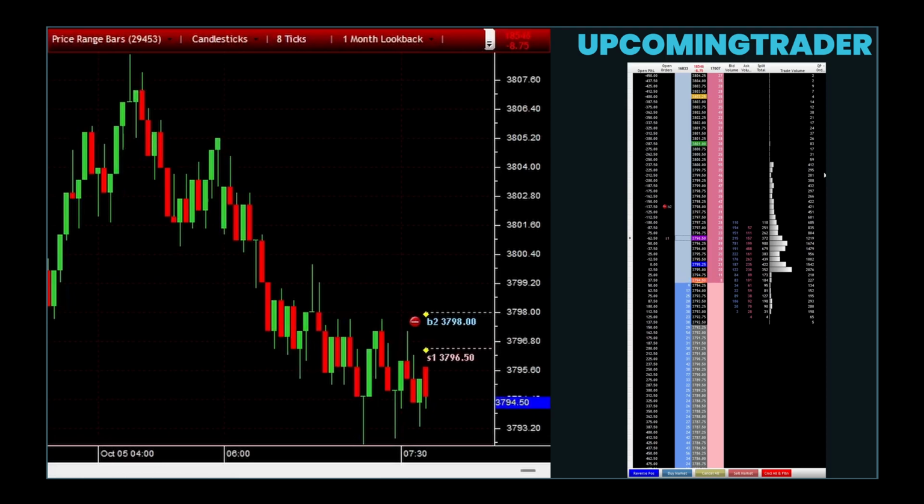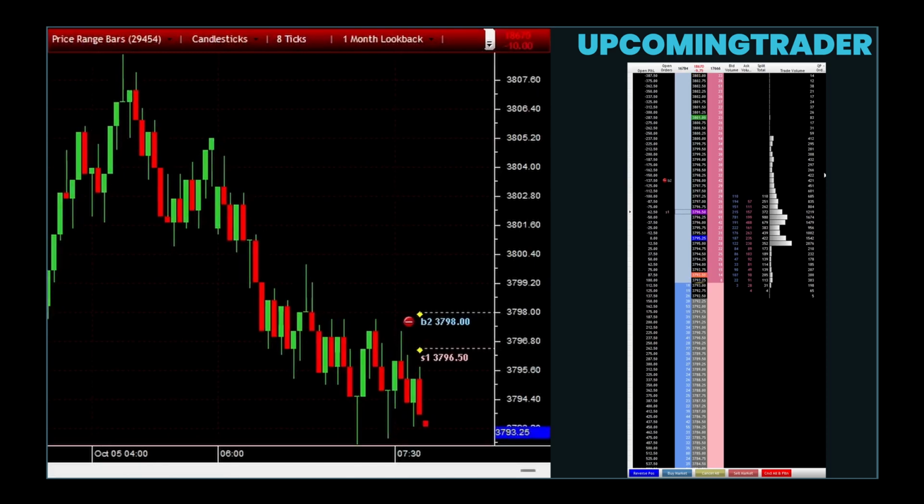The small body indicates that there was little movement from open to close during the trading period, while the long upper wick signifies that prices were driven higher but encountered enough selling pressure to pull the prices back down significantly by the close. The appearance of a shooting star suggests that the buyers initially had control during the trading period,